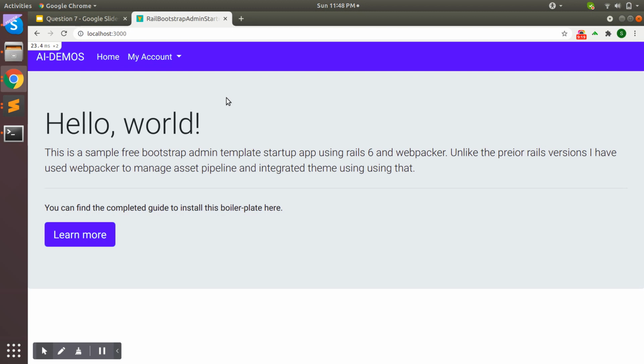Okay, so this is the objective of this video. I hope you get clarity on partials as well. This is a very important question, and it might be asked to you when you appear in an interview as a Rails developer. So just try to get more comfortable and get hands-on with it and try it in different ways, because I have not covered many things about partials in this video, but this is the very basic info, and in the interview it will be enough to answer about partials.